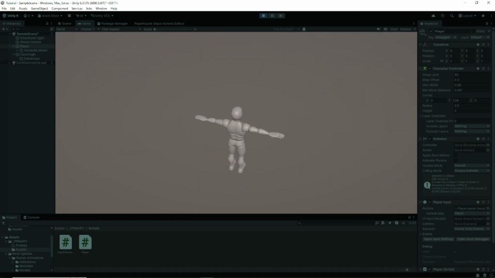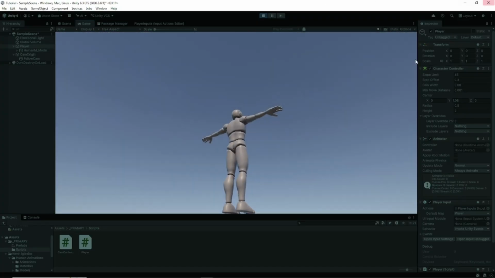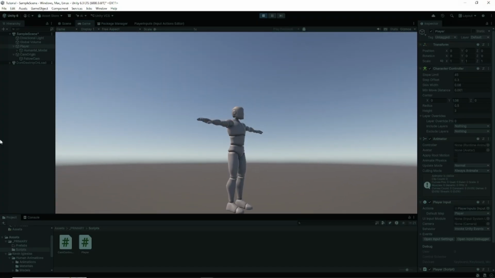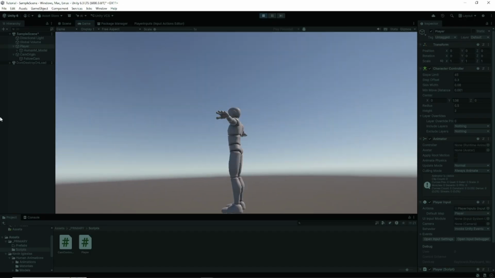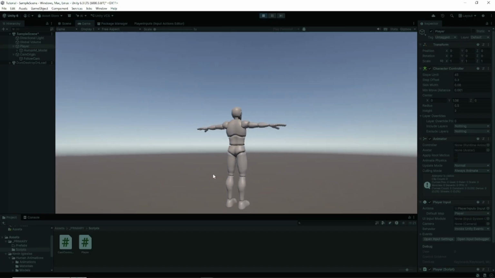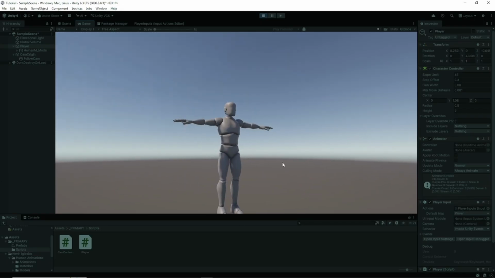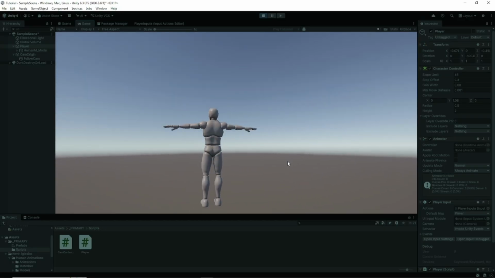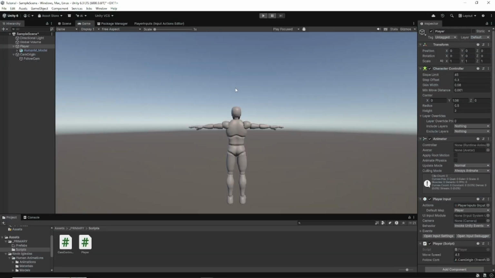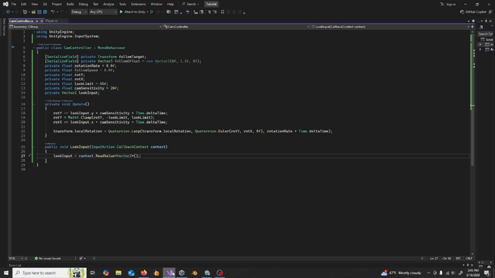So just to show you that it is working, now I can rotate my camera. I can't look up too high, I can't look down too low. I got those backwards, but you know what I'm saying. So I can rotate around him, and if I look left and push forward, he goes that way. If I pull back, rotating the camera changes the direction he moves, but you'll notice that the camera doesn't actually follow him yet. So we'll go back into our script,